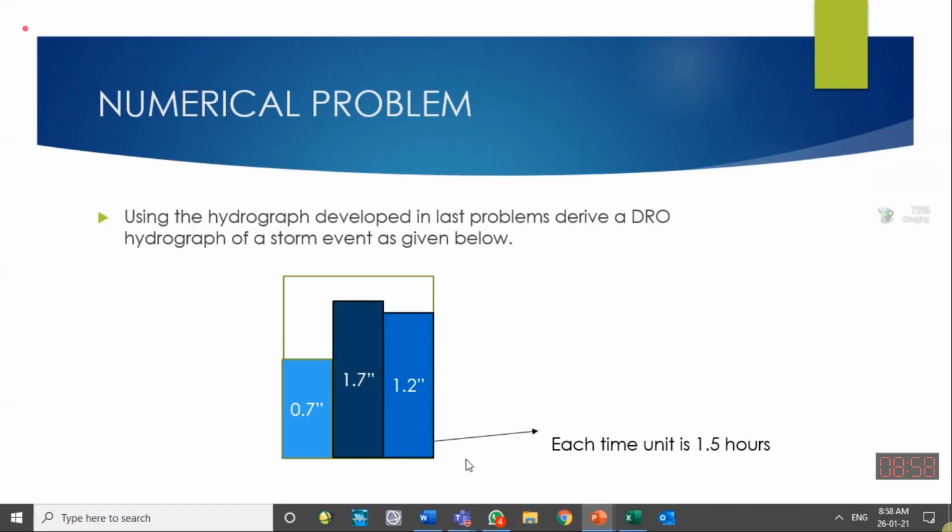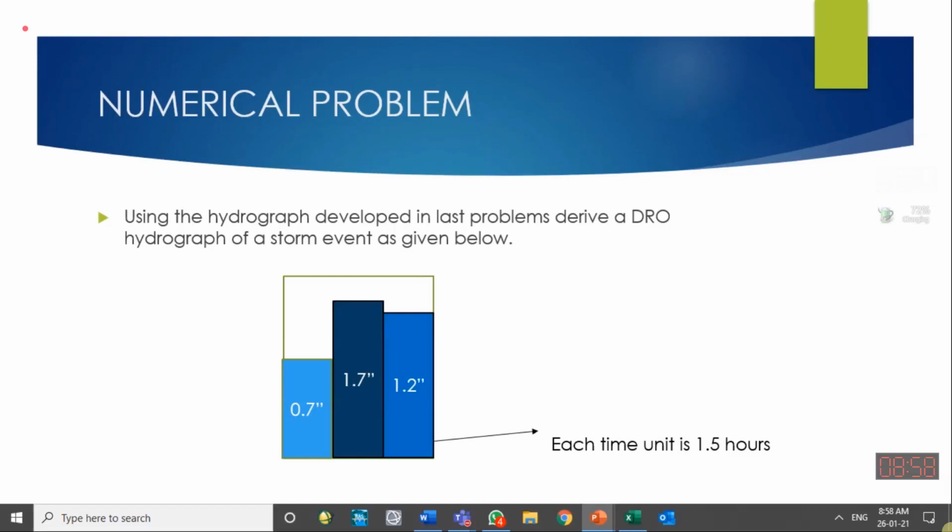We mentioned that in the unit hydrograph method, we assume linear behavior of the catchment. So we assume that this 1.5 hours storm will have the same behavior as the 1.5 hours unit hydrograph generated for this catchment. So unit hydrographs are catchment specific. If you have developed a unit hydrograph for one catchment, don't simply use that one for another catchment having other basin characteristics.